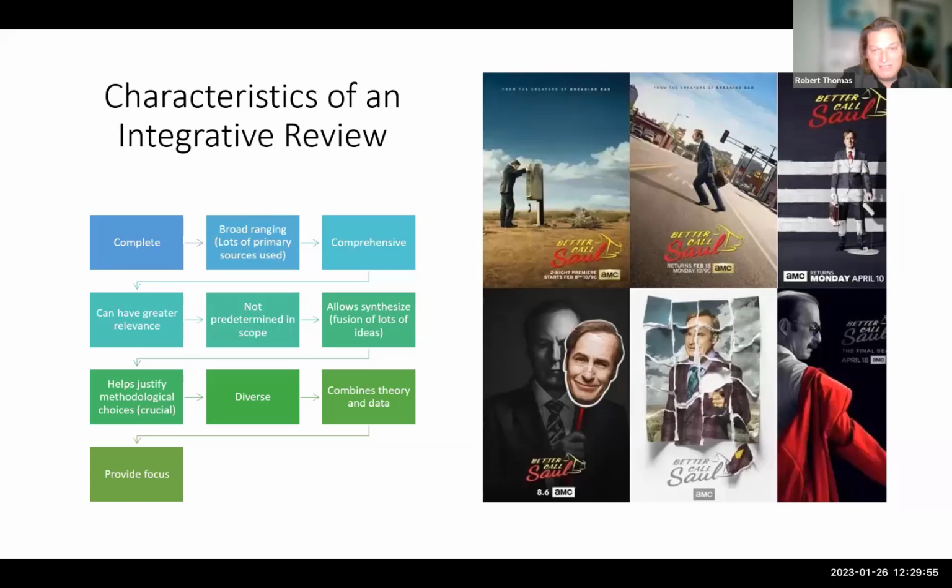So think of your integrative review as mapping a television series, where you have to go back to the beginning to understand what is currently happening and the end. You will cherry pick key moments to understand the journey of that particular individual. And the individual in this sense would be your research question, how we actually permeate and bring that element through, okay? And what it does, it provides focus. It provides focus for you.